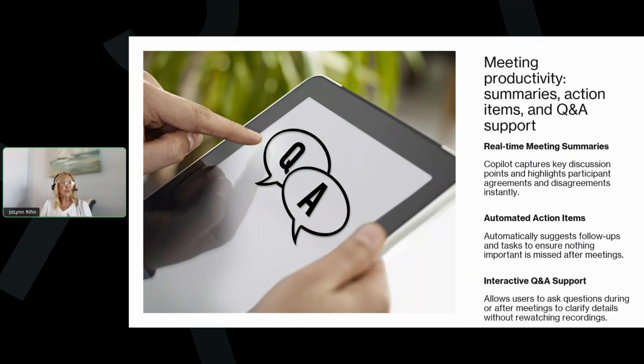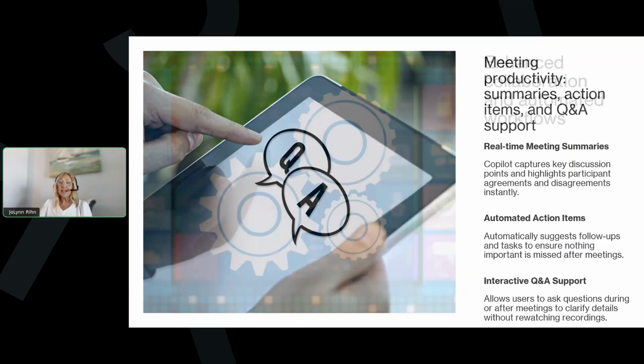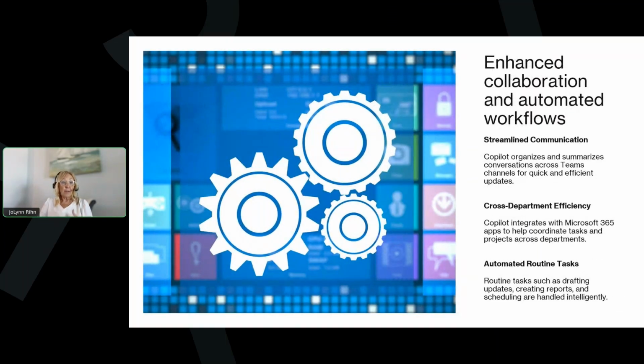So with Microsoft Teams, it really does help us to work smarter because it's going to help us to be able to summarize meetings, automate tasks. I use it all the time for those, improving collaboration in real time. So it helps us to really reduce the manual effort. Anytime I say that word manual, I want to find an automated way to do things. It's not replacing people, it is enhancing the way that we work. So it's our assistant. So meeting productivity is huge. It helps with Q&A support. There's just so many things. I could probably spend all day just talking about different benefits,